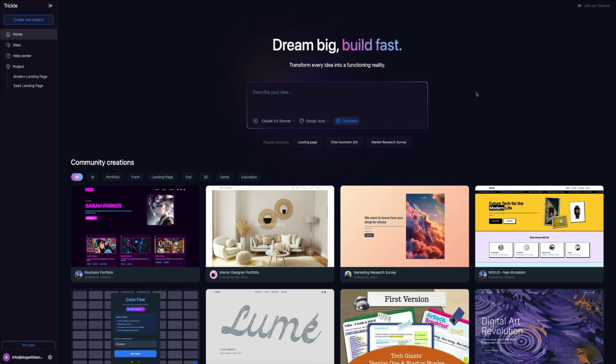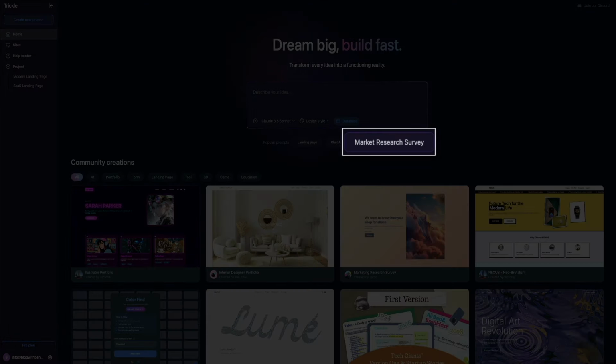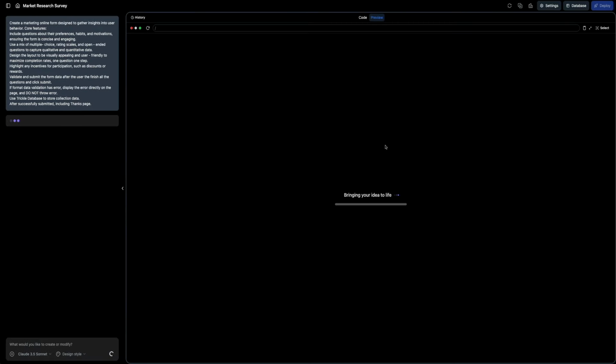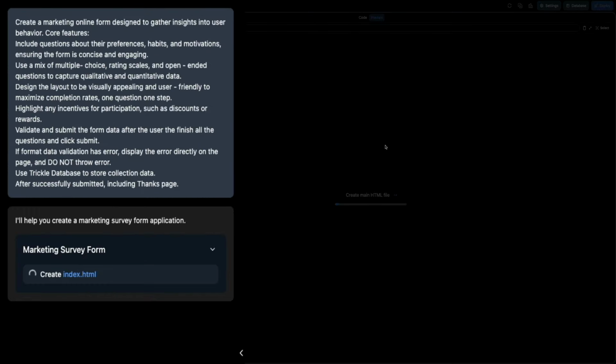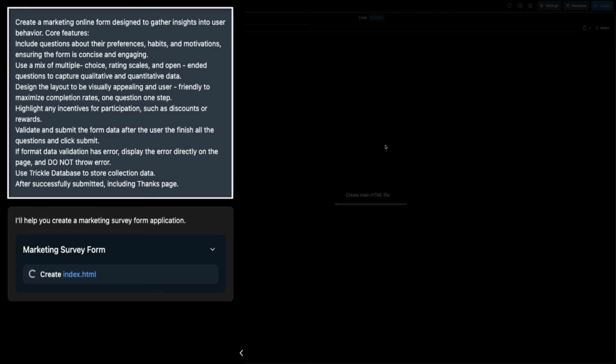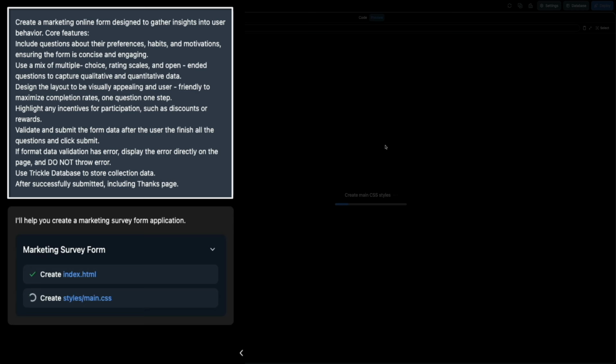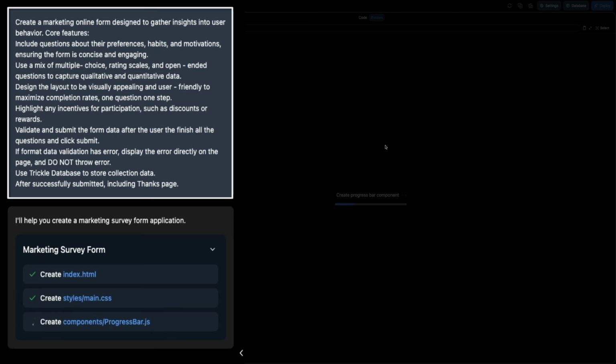So one quick way to get started is to use the market research survey popular prompt. This will give you a good idea as to what type of prompt to enter when you create your forms. Plus, it'll give you some hands-on experience with customizing the form and accessing the database. And as you can see here in the chat, the prompt for this survey is somewhat extensive. It lists out the core features to include questions about their preferences, habits, and motivations, ensuring that the form is